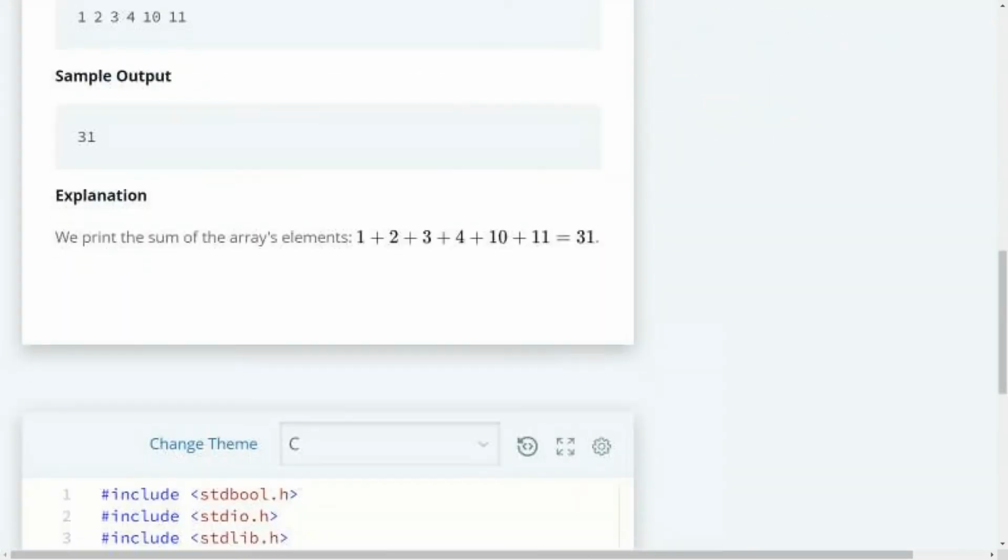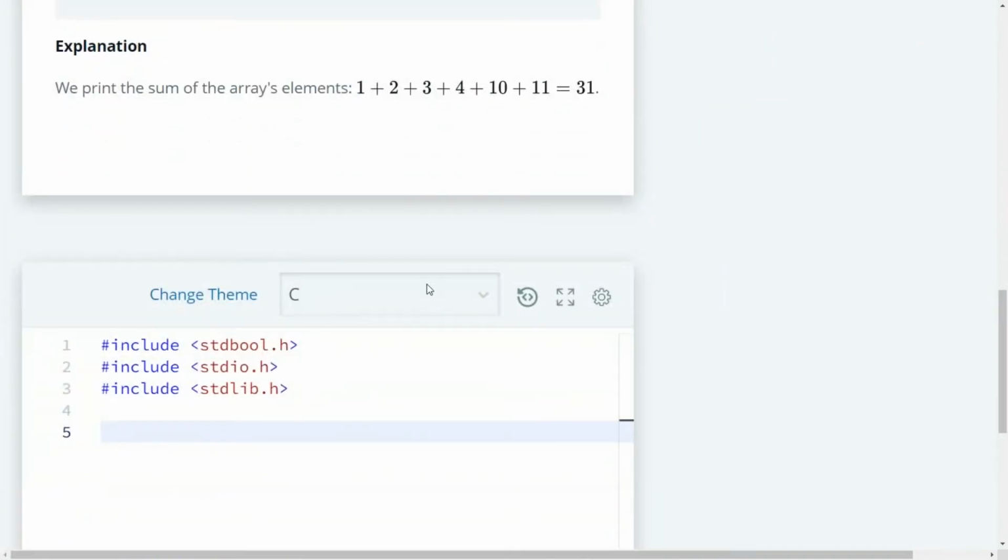Fine. Now if you want to work with C, first we need to select the C language here. Now we require an array, but if you work with arrays, you might have studied that whenever you declare an array, we need to specify the size of the array. So if I have to specify the size, the question is what should the size be. Now the number of elements in the array will be entered at runtime, and it can be up to 1000. So on the safer side, considering the worst case scenario, you might create an array of 1000 elements, right?